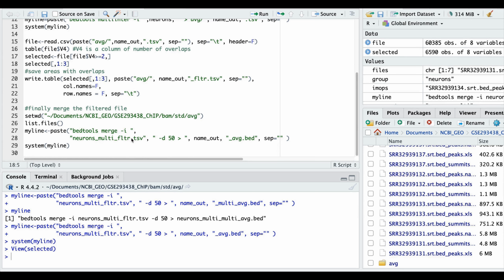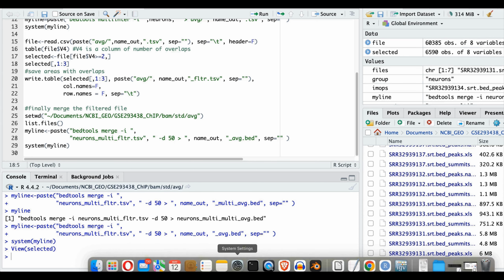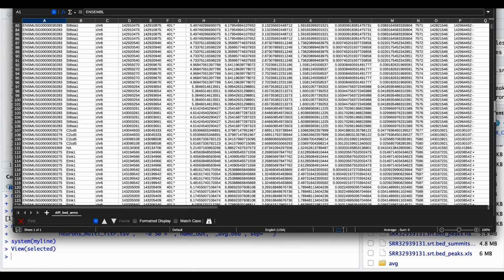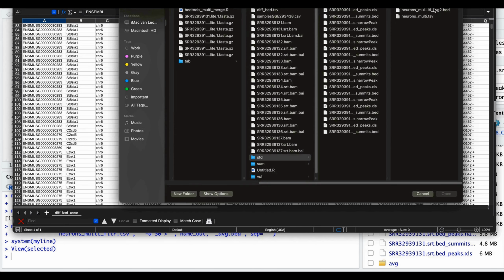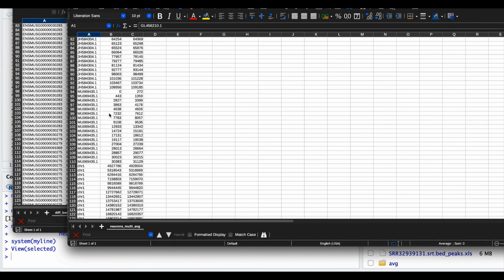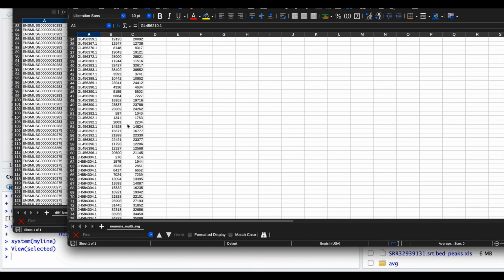In principle, you can make a complete bed file in a script, but I would suggest to do it in an Excel sheet or OpenOffice, like this one, for instance. You open the file you want. So that's the structure. If you don't like these unassigned chunks, you can remove them. Pay attention that there are no headers, no row names. What you have to add is a